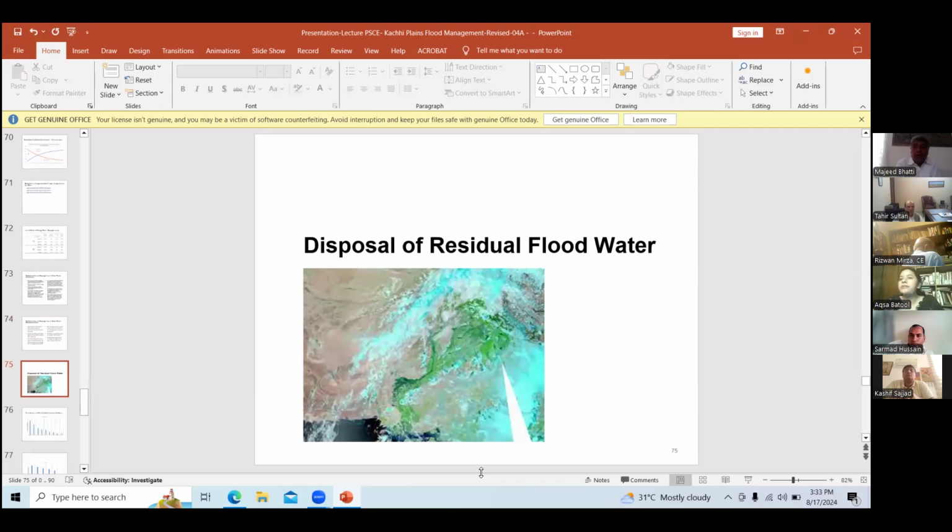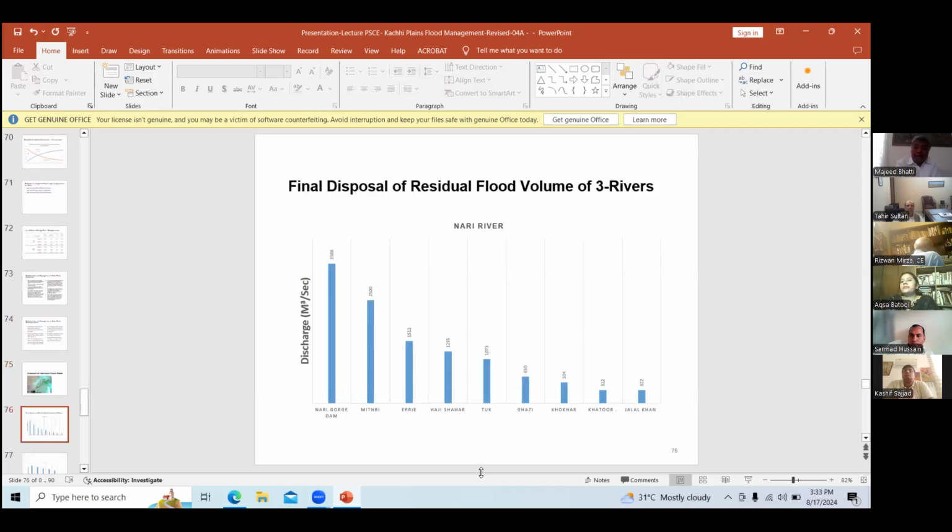Disposal of residual water. Now finally the question is still, if we use all the filtered water with these interventions, the total water coming from these rivers in 50 years will be 200,000 cubics from all these hill torrents.